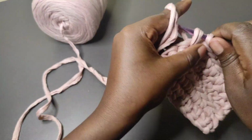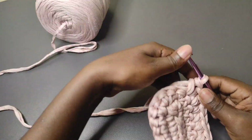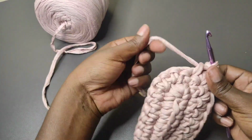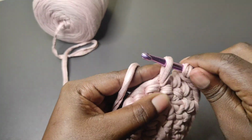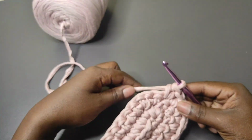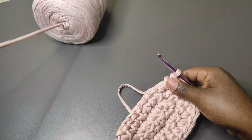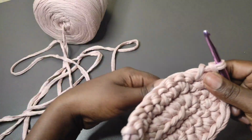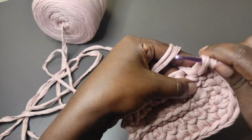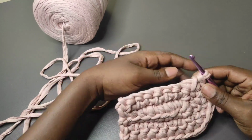So here we're going to have 1 and 2. The next stitch gets 1 single crochet, followed by 2 into the same stitch. So we'll have 1 and 2. Then the next one gets 1 single crochet. So this one right here gets 1 single crochet. Then the next stitch gets 2 single crochets. So we'll have 1 and 2. Then all the remaining stitches till we get to this end will each get 1 single crochet,